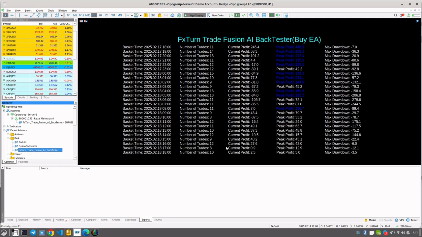Now it is displaying different baskets for us here. As you can see, my broker's time is 10, and here it is 15. It is displaying the highest from the previous day, and up to 10, meaning it shows 10 different baskets here. It also shows the number of trades for each basket. Then, it shows the current profit,